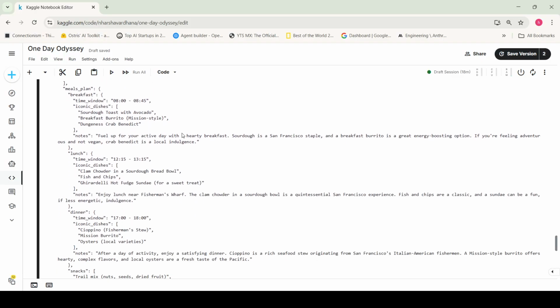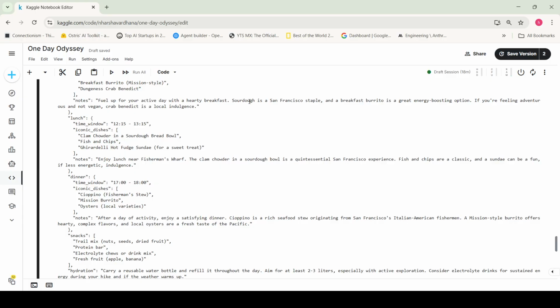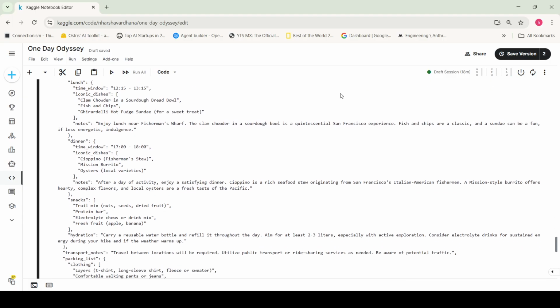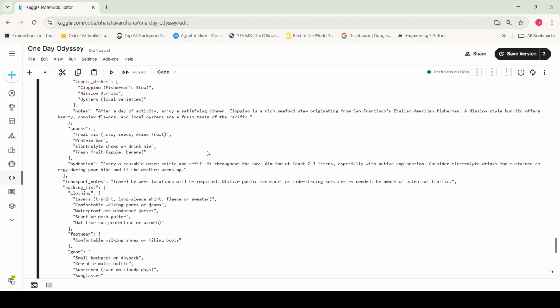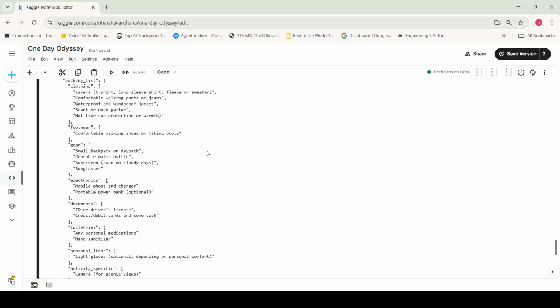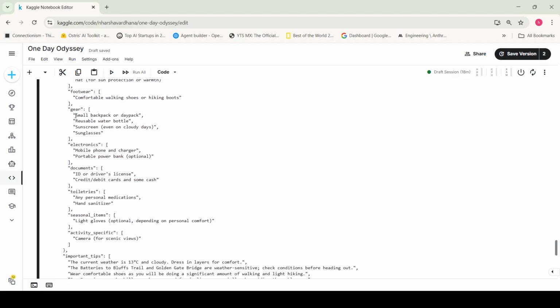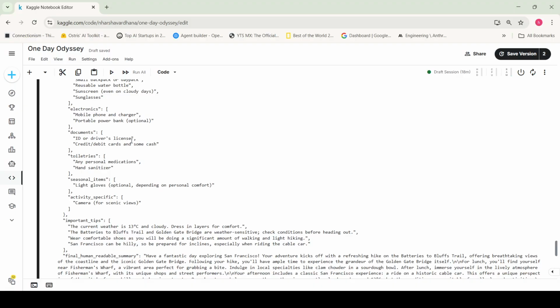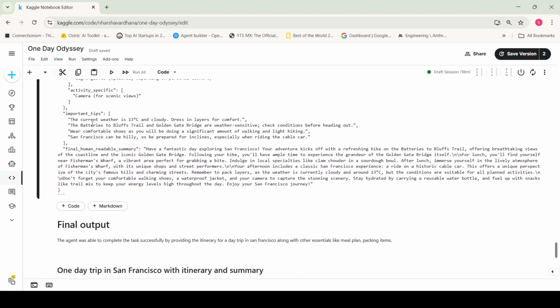For the meals, you can see sourdough, a San Francisco staple, and something like a burrito. Along with that, it has given me all the essential gear and items that I need to travel. It also says that the current weather in San Francisco is 13 degrees Celsius and cloudy. Based on that, it has given me important tips along with the human-readable final summary.